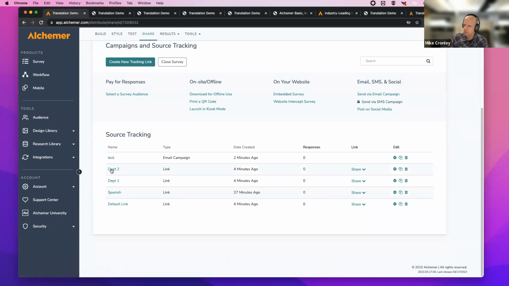So if I want to do this one through a QR code, I can go into share and I can grab a QR code just for that specific custom tracking link. If I want to create a custom tracking link for this one event that I'm going to be at in person that's different than all the other events, I'm just going to flag it as this link is only for this event, and then I'll print a QR code just for that specific event. So that's another option there too.